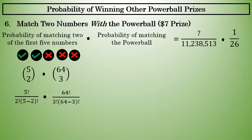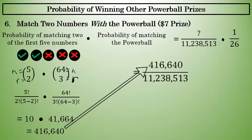Applying the combination formula to 5 choose 2, where n equals 5 and r equals 2, and the combination formula to 64 choose 3, where n is 64 and r equals 3, we get 10 times 41,664. This product is 416,640. So this means that of the 11,238,513 ways that the first 5 numbers can be drawn, the number of ways that exactly 2 can match is